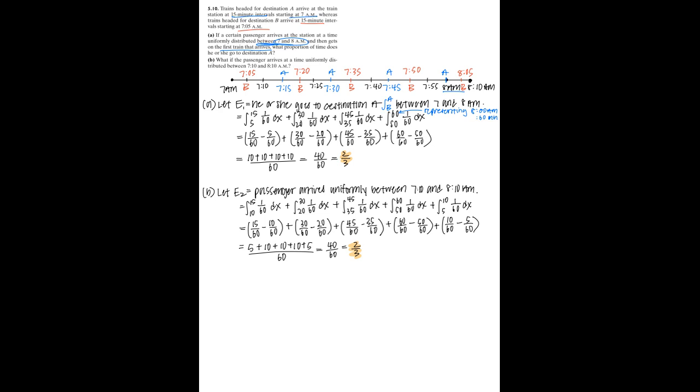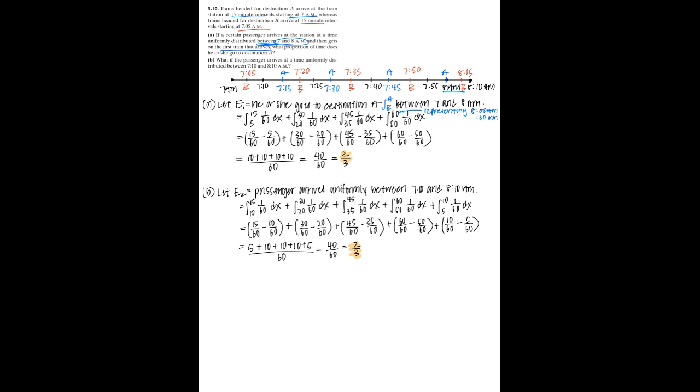Okay. So for question A, it starts at 7 a.m. to 8 a.m. So the first interval for A is 7:15, and then for B it starts at 7:05 and goes to 7:20. Okay. So my question is about the lower and upper limits. You see, for A, the limits are 5, 15, 20, 30, 35, 45, 50 to 60. Can you explain the lower limits and the upper limits?